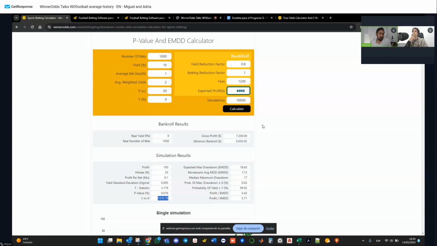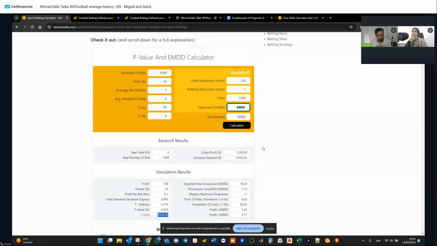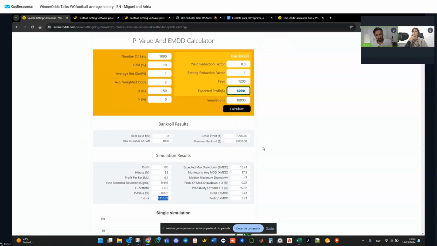If you are a user or you are following a tipster, it's the same. You check the results and see if the sample of the tipster is large enough to be confident that he will obtain profit in the long term. So in both situations, it's a very good tool, and I had it on Excel, and I thought that this was very useful, and